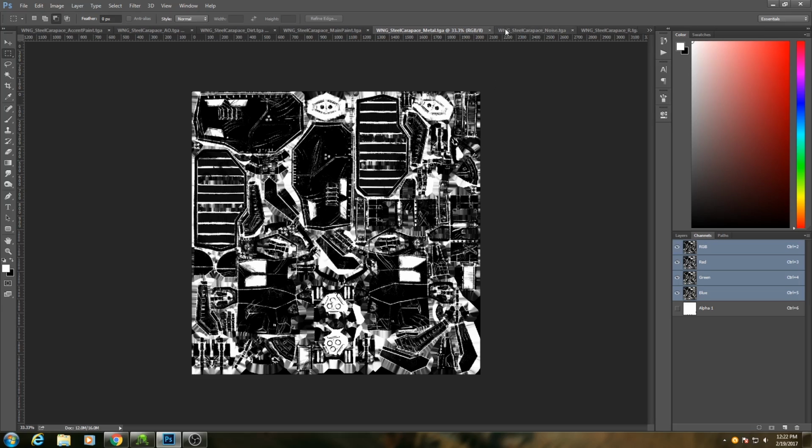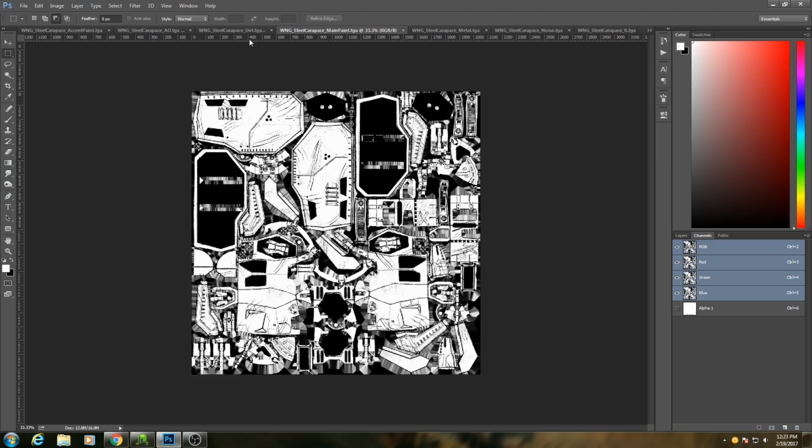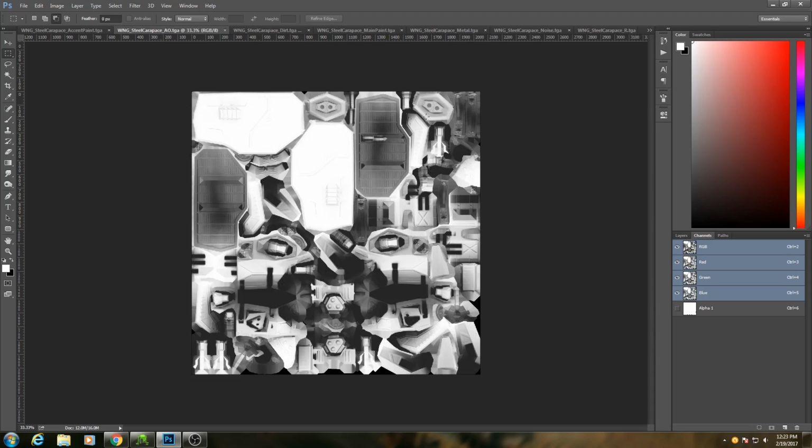Now, if you know how to program shaders, or if you're like me, you only know how to use node-based shader editors, you can actually reduce this draw call count pretty drastically by combining a lot of these textures into 1 or 2 textures. And that's exactly what we're going to do, is we're going to combine them into just 2 textures. The reason why we can do that is you'll notice almost all of these are black and white